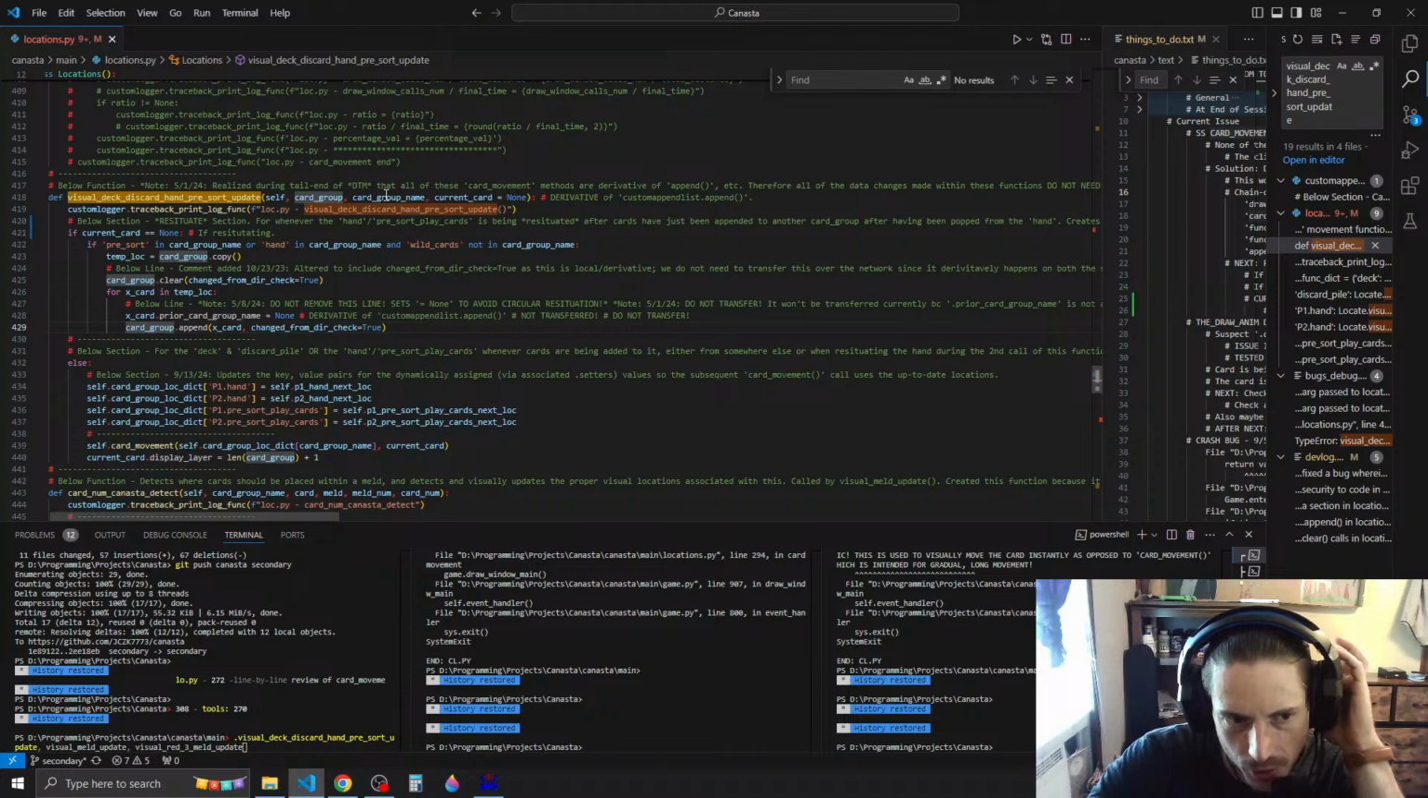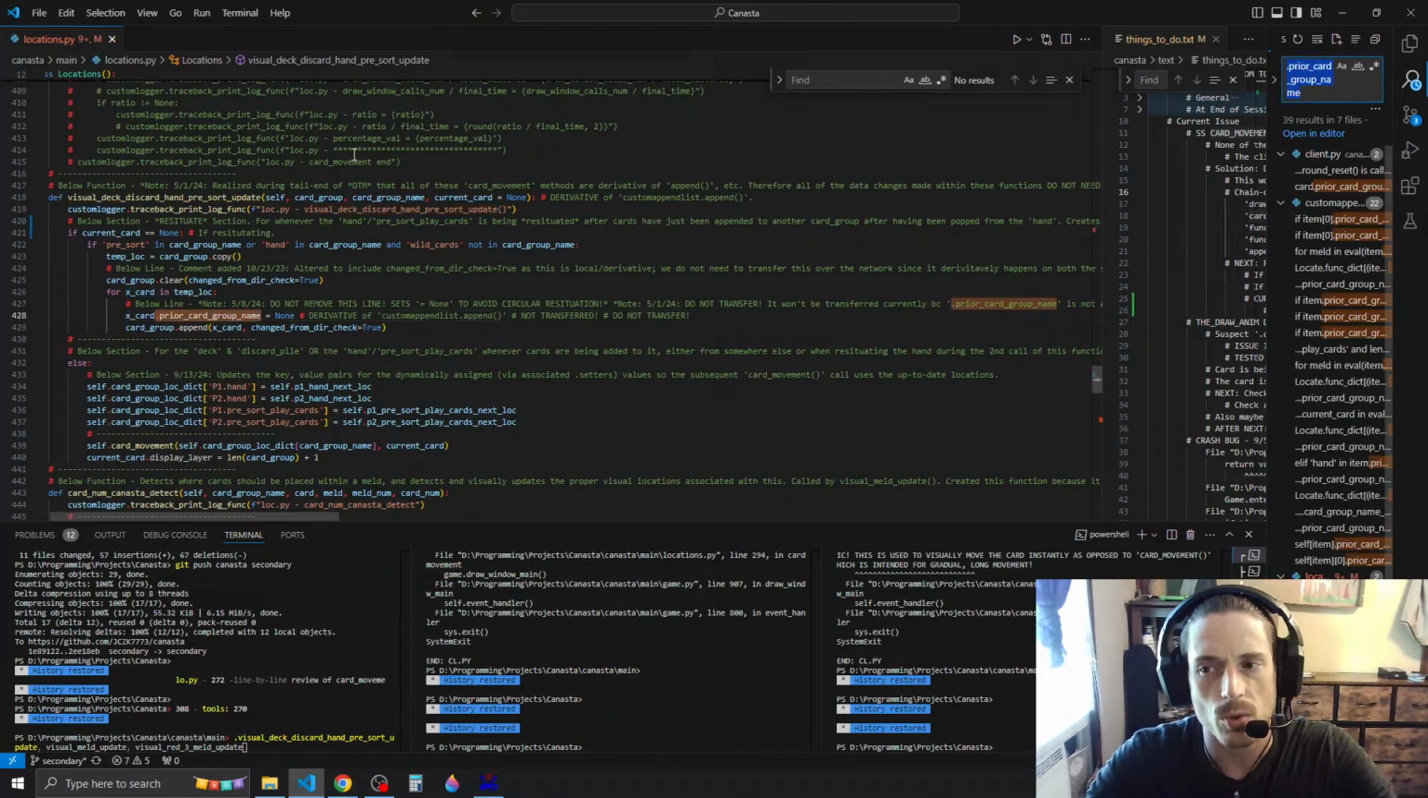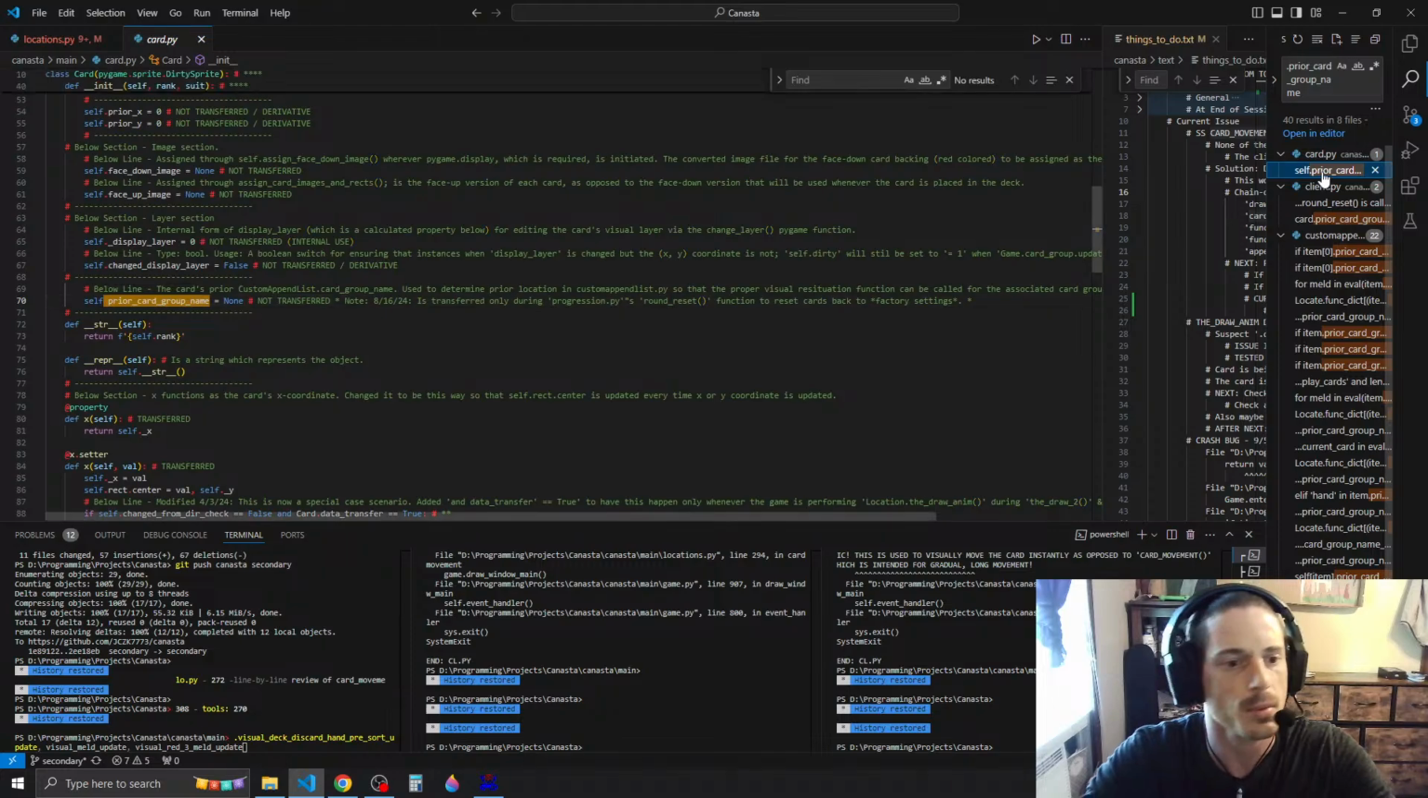So I see what we're doing here. We're clearing it. We're clearing the card group. Well, copying it, clearing it, and then we're just re-adding the cards to it so that they will be visually displayed in the proper location. And then when we actually append them, I'm pretty sure the prior card group name will get assigned again. Let me make sure that's the case. I'm quite sure that is the case, but